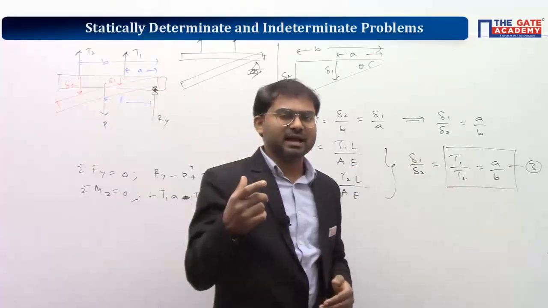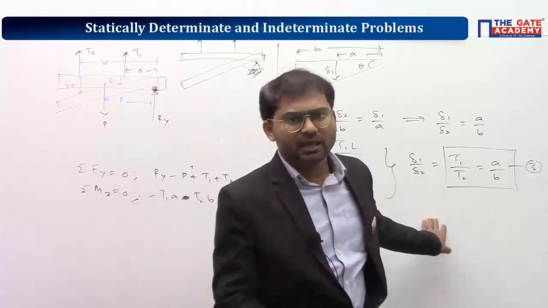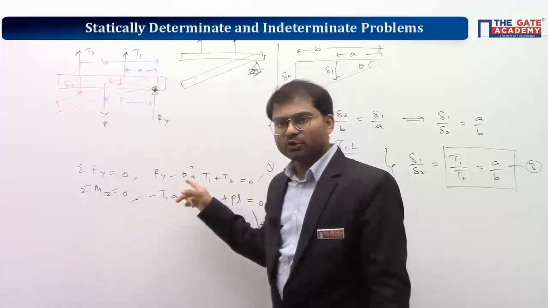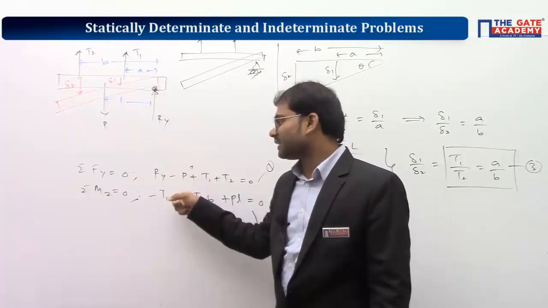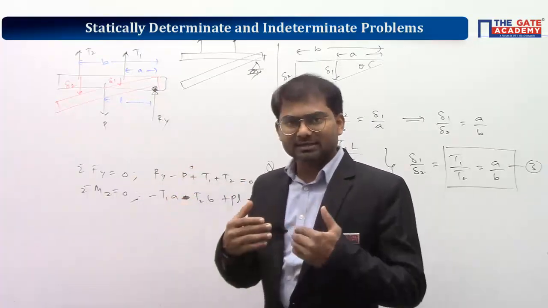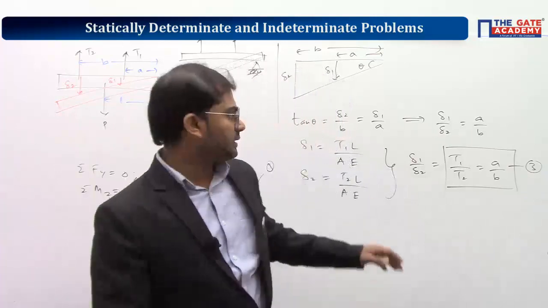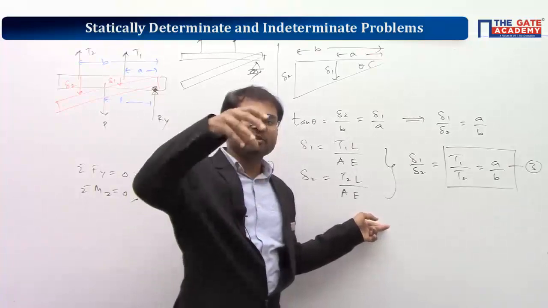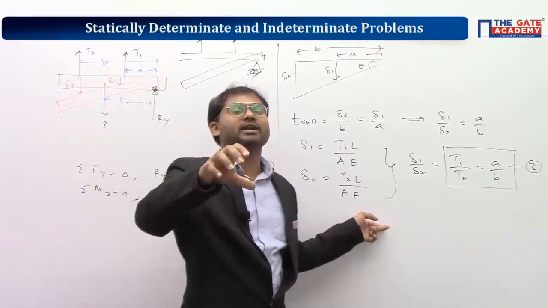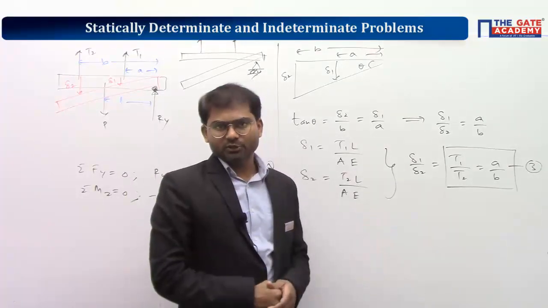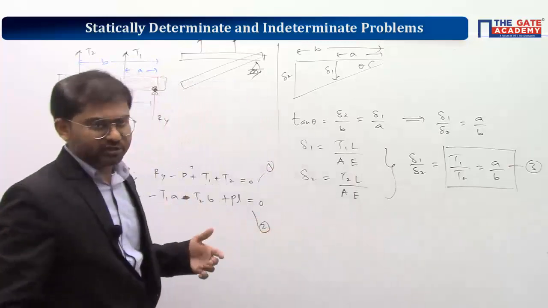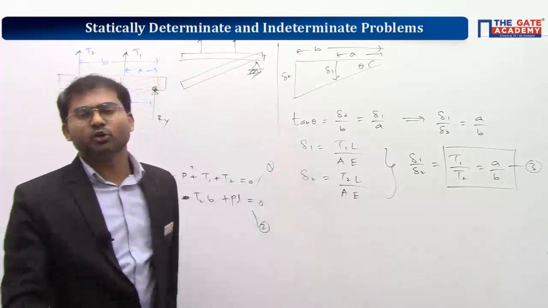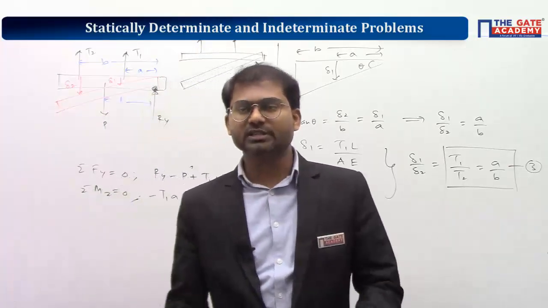And why I suggest you go by this step is because not in every question will you be able to get the answer just by using equilibrium, statically determined numericals only. We should know what the third condition is, and we call this third condition the compatibility condition. Compatibility condition means, based upon the situation in the loading condition, we derive an expression. Here it's given in the question that the beam is rigid and it's going to be bending like this only, so it gives rise to delta 1, delta 2 in this way.